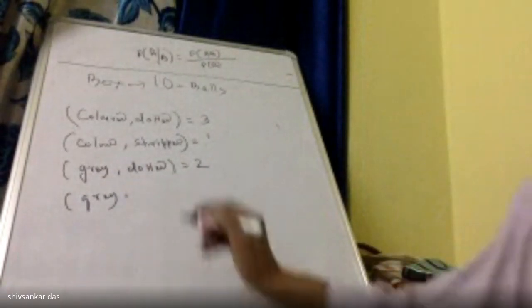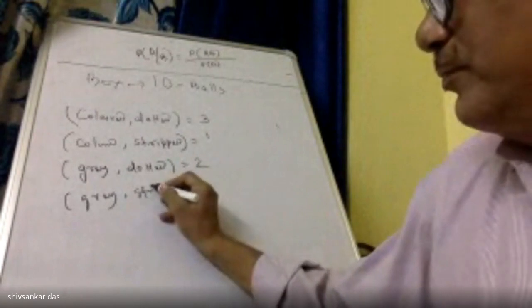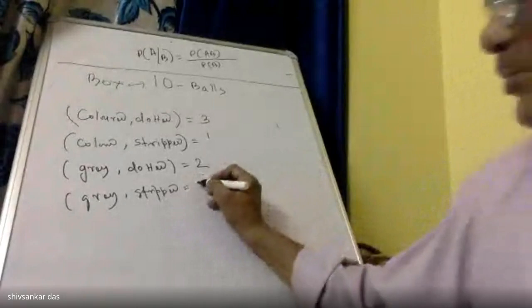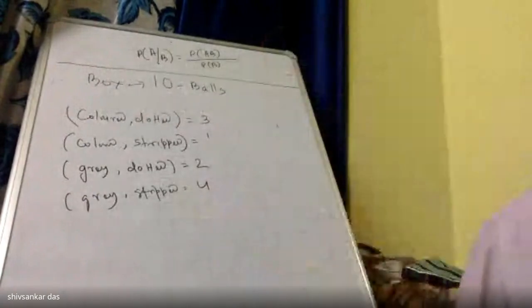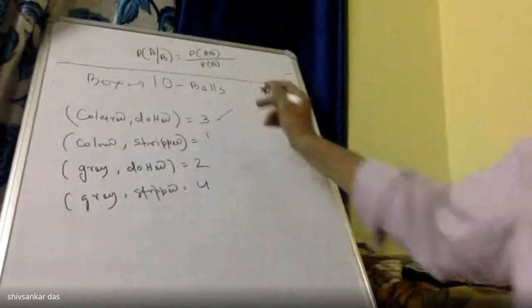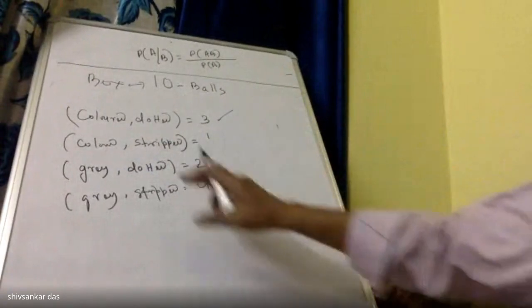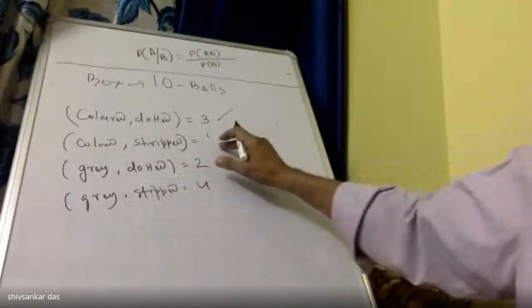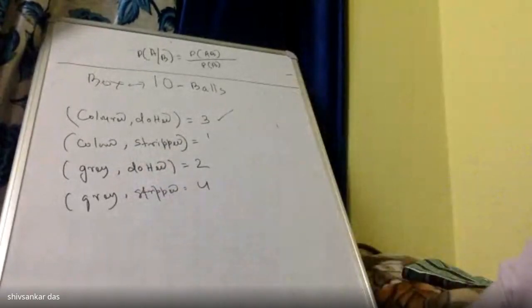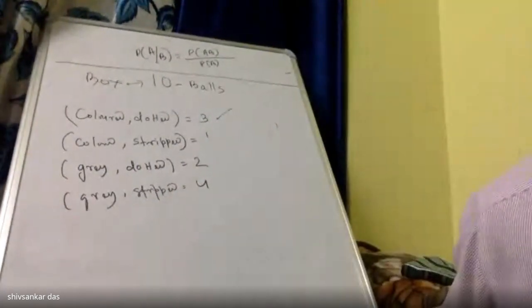Gray striped was 4. Is it clear? In a box of 10, colored dotted was 3, colored striped 1, gray dotted 2, gray striped 4. You find the probability of